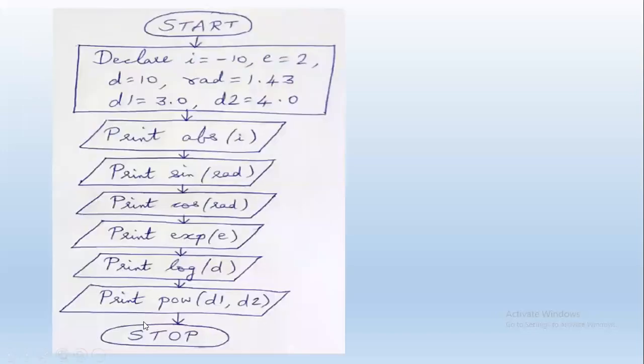So let us see, this is the flow chart. Declaring all the required variables with their values. These are randomly taken, any value may be given, and then we simply print all the values. We have taken selected functions only. We may include any number more, tan, cot, or exponent, or whatever extra we need. So here we are seeing the illustration of the selected mathematical functions.